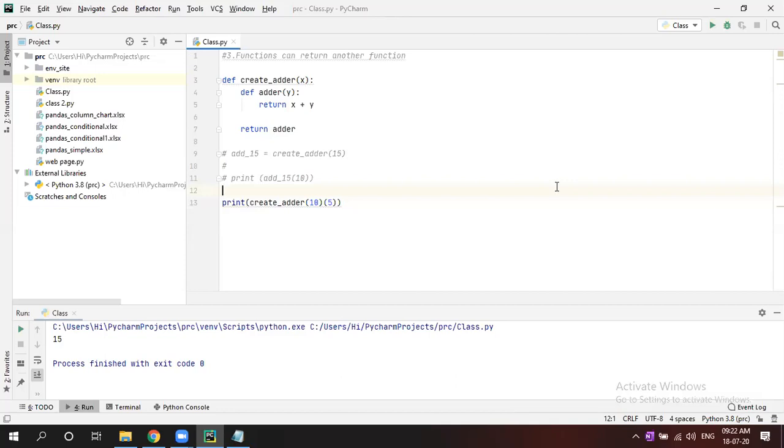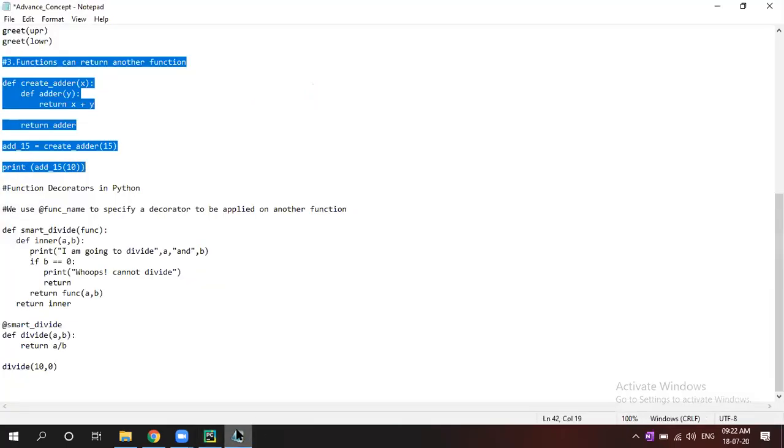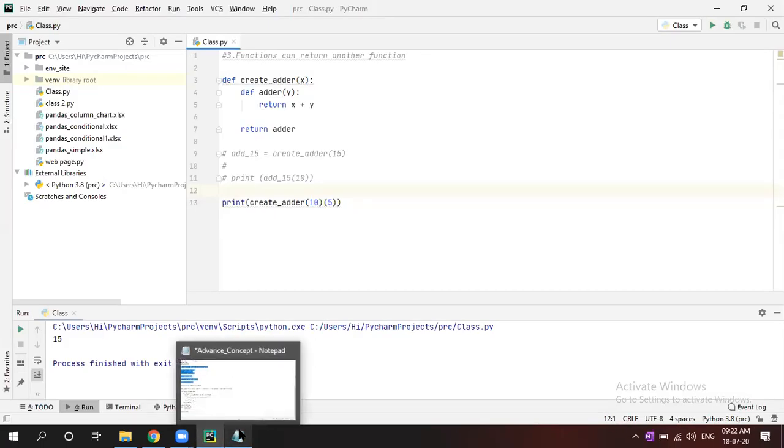But where can you use the real-time applications of this model? Function to function. So function return means, let's say, some business rules or some mathematical calculation you want to return, so it will be a function within the function. I'll give you some exercises later in the session so that you can understand this. Now let's complete this last one, decorator.